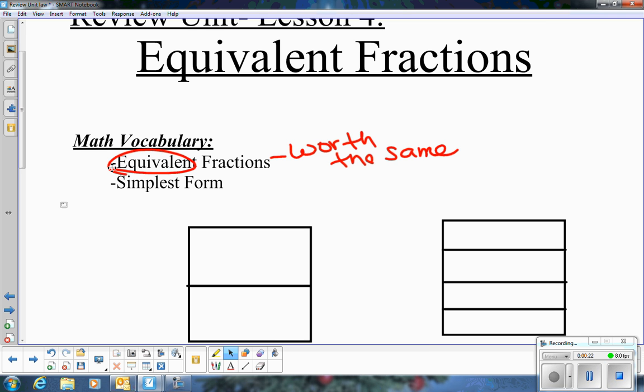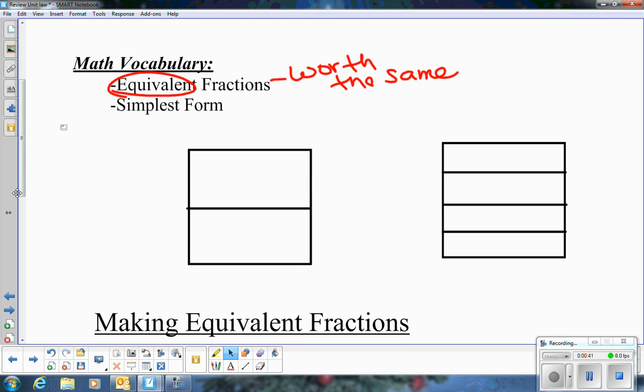If you cut a pizza, you can cut a pizza in half, you can cut a pizza in fourths, you can cut a pizza in eighths, you can cut a pizza in sixteenths. No matter what, you have one pizza, right? But your pieces get smaller. The bigger your denominator gets, the smaller your pieces get. But if I still am going to eat half my pizza,